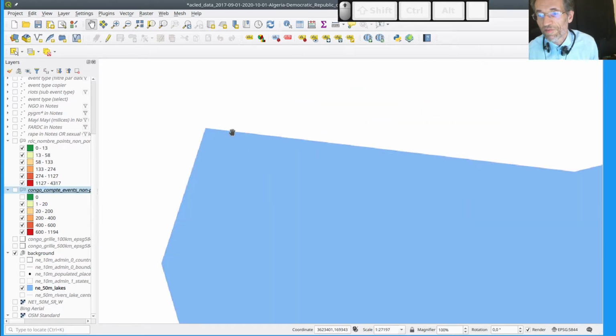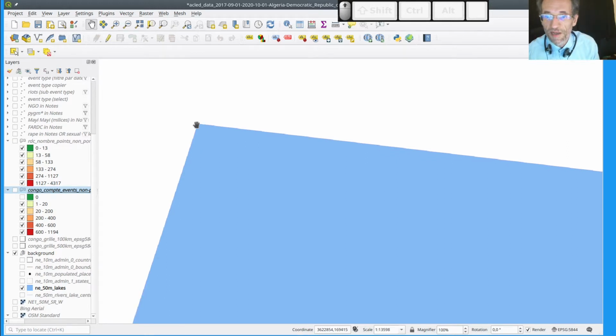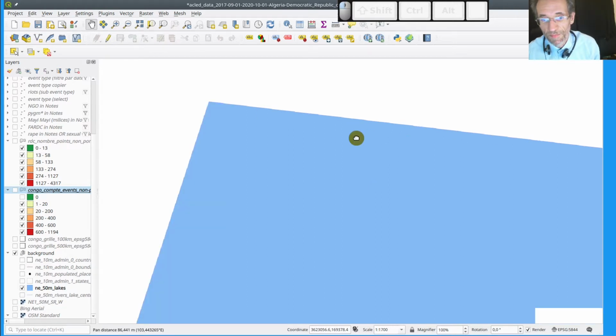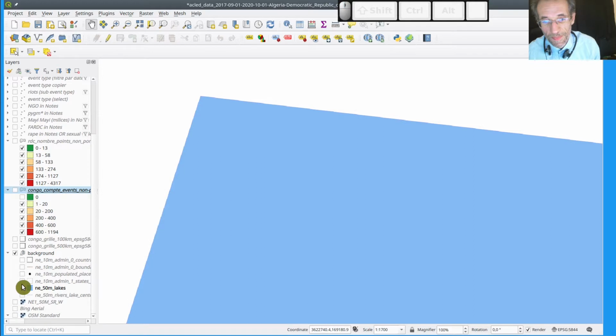You will never see what we call aliasing, so this kind of imperfect data where it's not very smooth, if you zoom and zoom and zoom, because what is recorded are the points and then the lines between the points, and no data is recorded in between. So this is contrary to